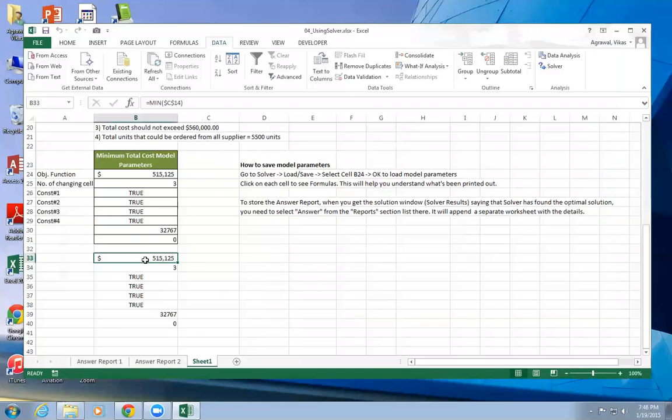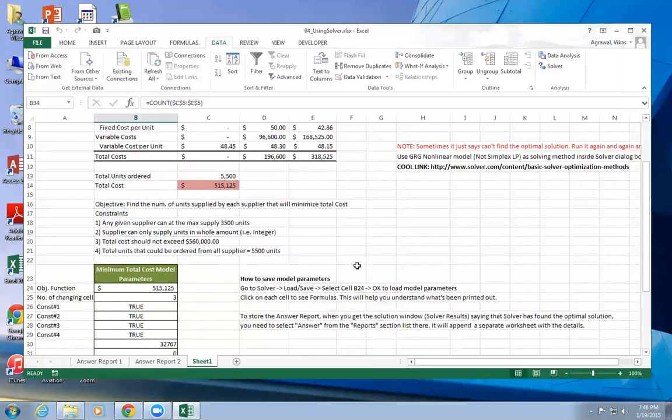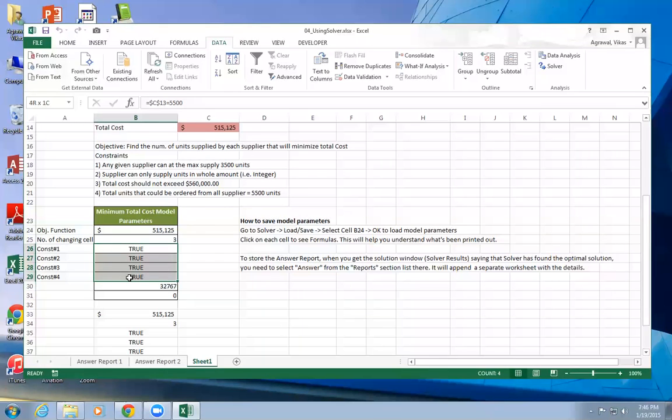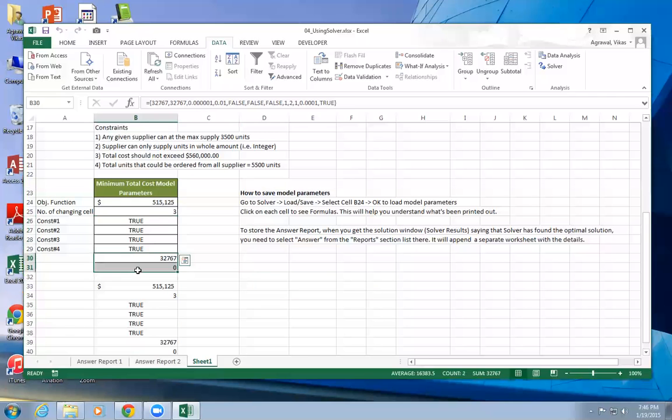Basically what it means is, first one is your objective function value. Second thing tells you how many decision variables are there, right? We have 3 decision variables, 1, 2, and 3, right? And then this tells you the constraints, whether they are satisfied or not. So you see, all the 4 constraints are satisfied. Next to that, I don't know what these are, maybe these are used by solver option. When you load the model from this one, solver can pull up the data from these 2 cells. They are not as such supplying any meaningful information.